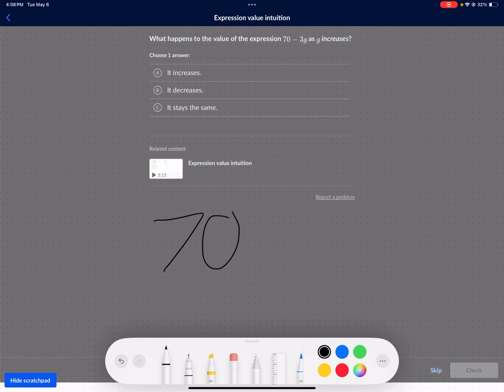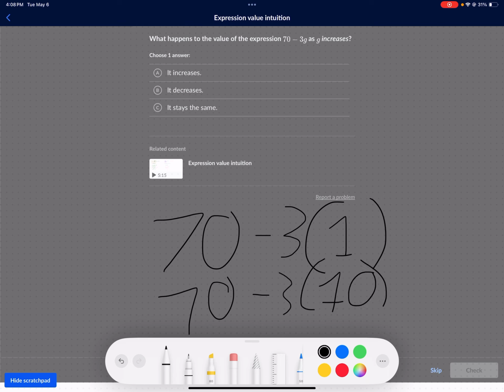Alright, now it is a subtraction problem. So if 3 went from 1 and then increased to like 10, I mean, it all depends. For this tutorial, I will use those numbers. 70 minus 3 times 1 is 67, and then 70 minus 3 times 10 is 40. So